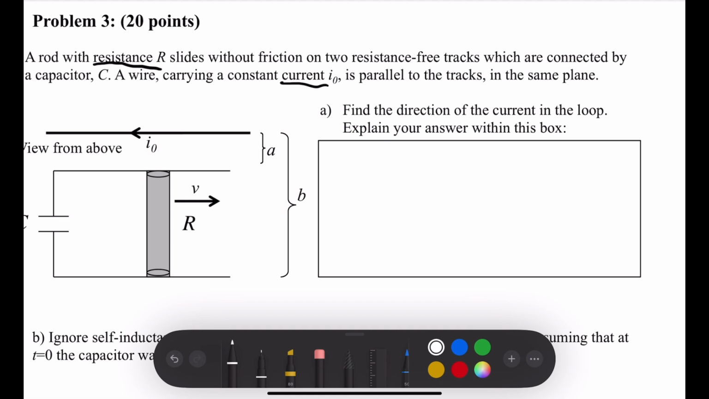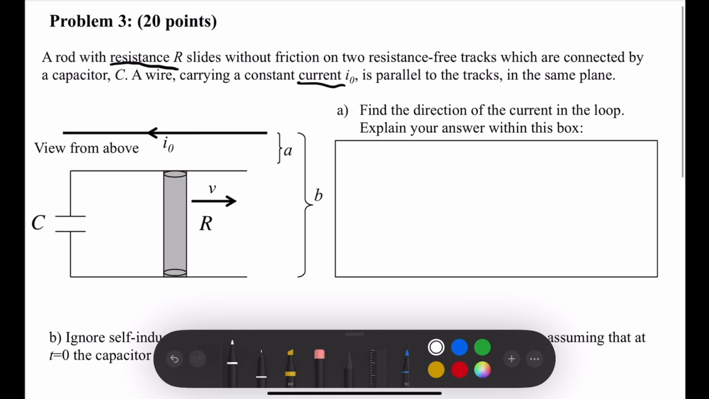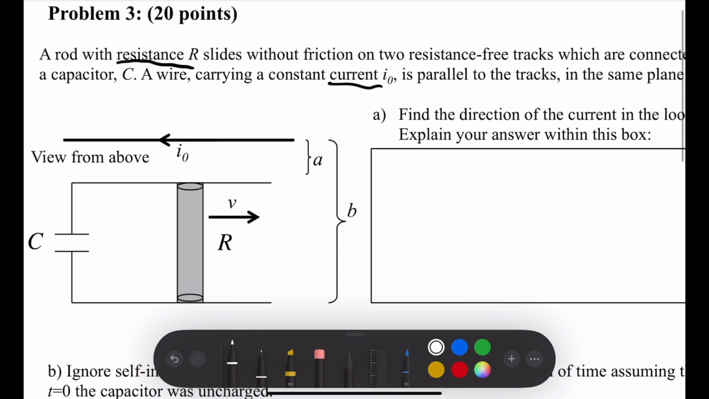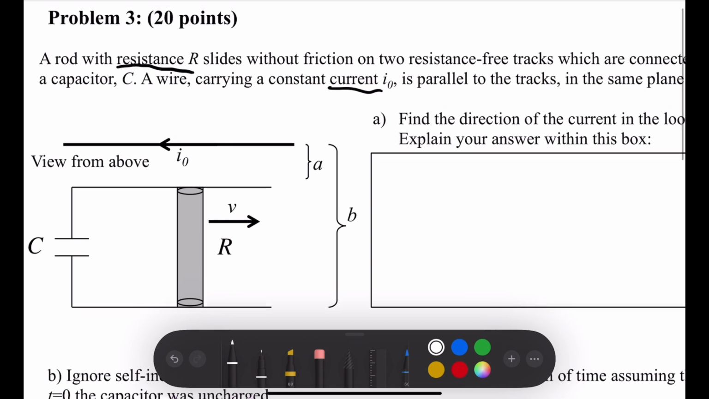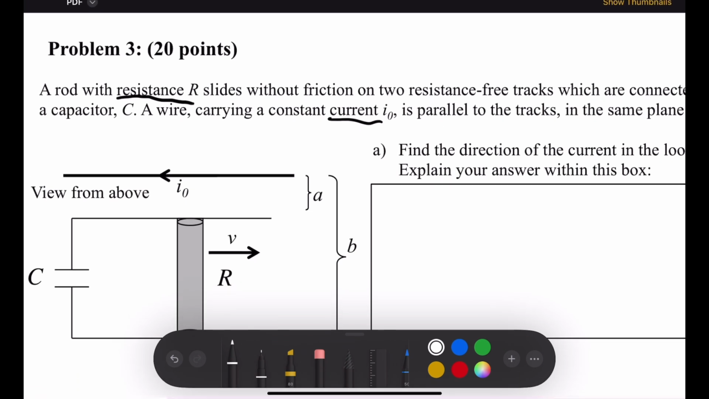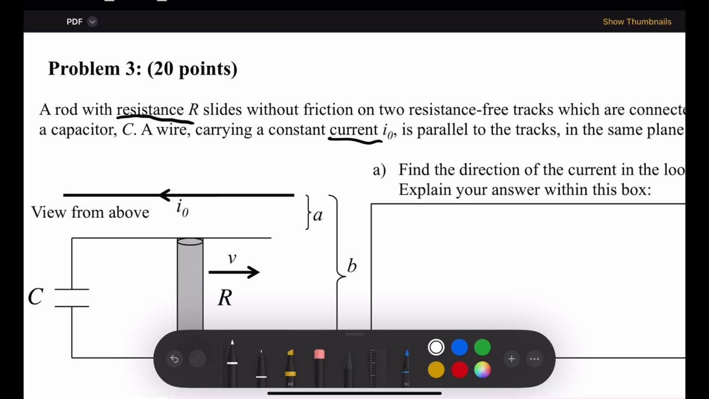So the way we're going to do this is with Lenz's law. But before we can do that, we need to determine what direction the magnetic field is. So the way I do that is I find the magnetic field and then I figure out the direction by using my right hand. So remember, for an infinitely long wire, the magnetic field, it's a closed loop integral